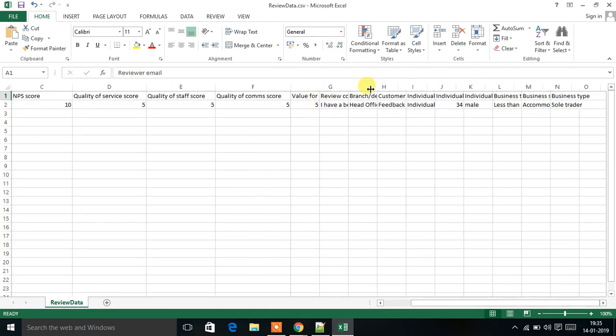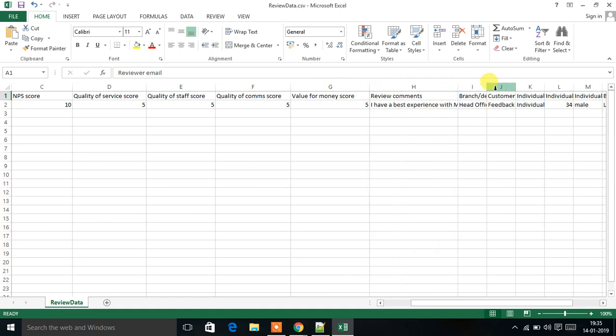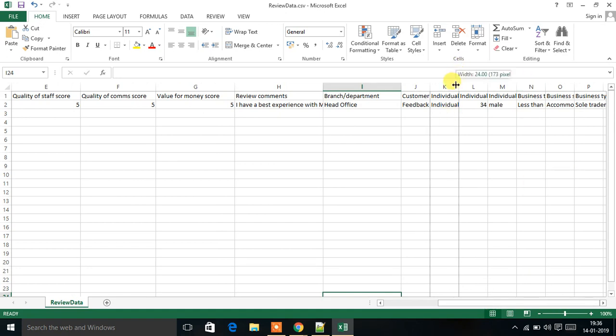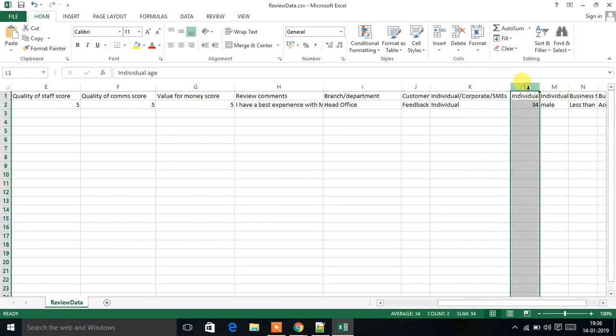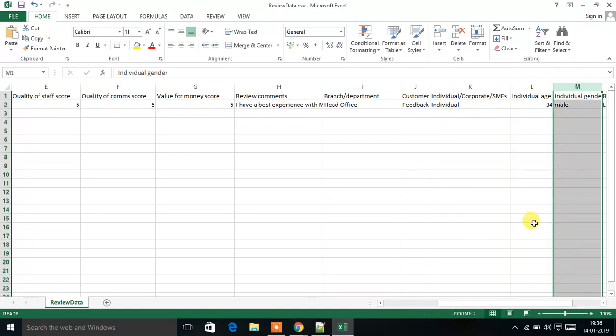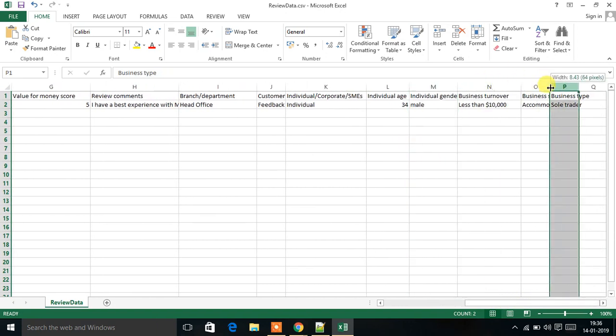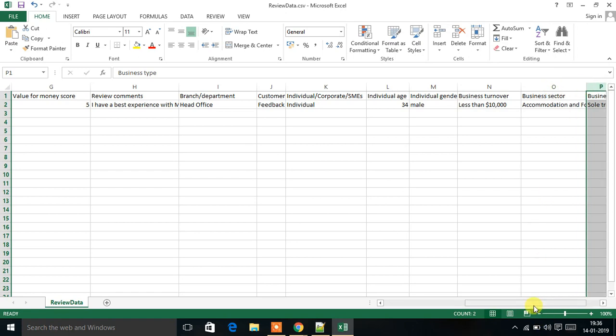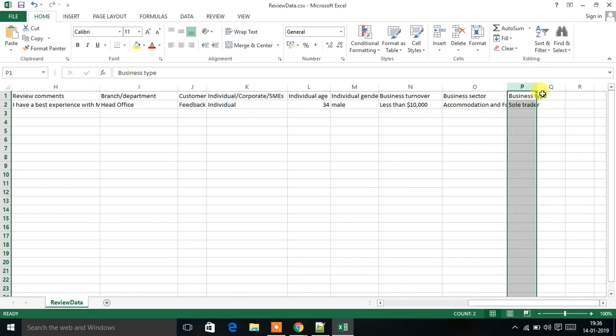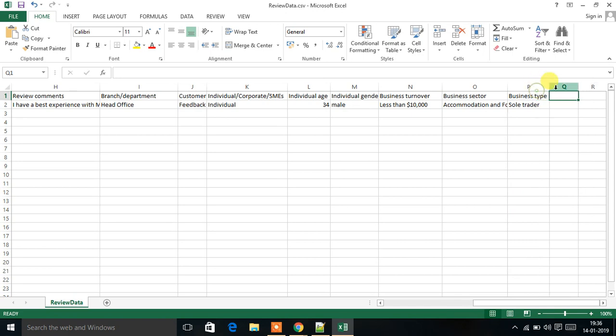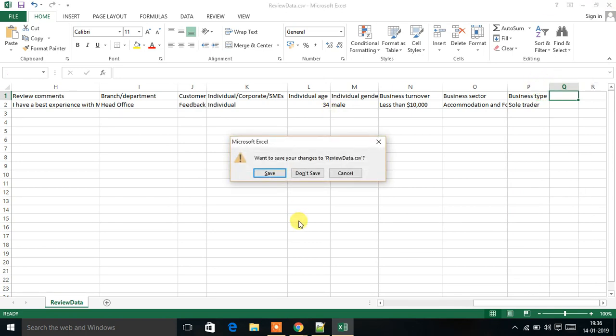and this is the value of review, comments and branch head office. So it will get the correct feedbacks and the values which I have passed, right? These are my individual comments and the individual items I selected. So it will pass the gender type by type, or you can say the business turnover, the business count, business sector, and last the business type which I have selected. So it will give the results. I'll click on don't save